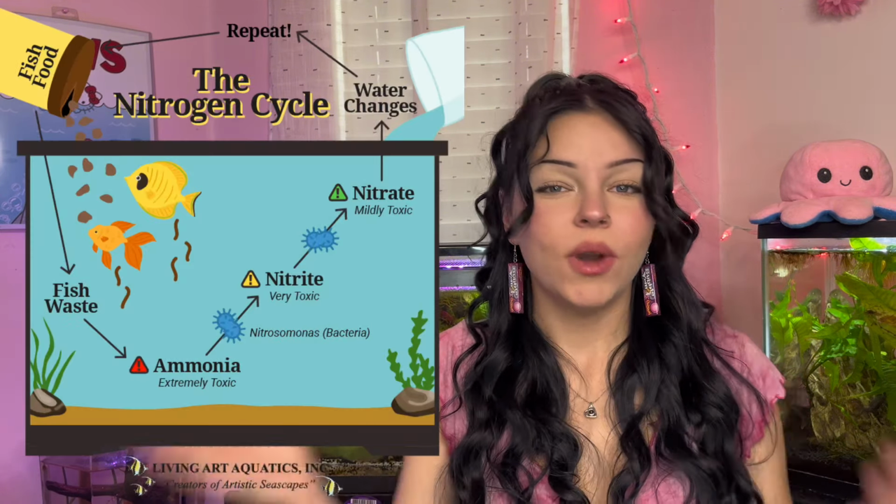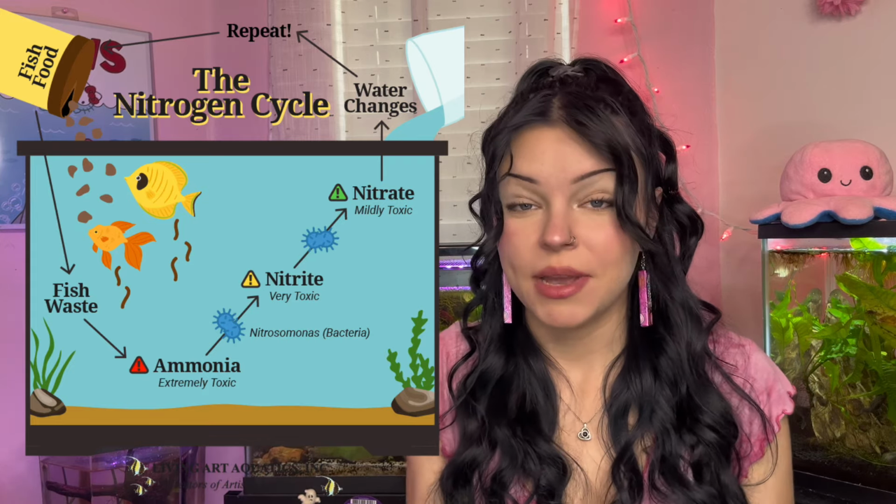So now that you know what the nitrogen cycle is, you can make it happen in your tank. You'll need a source of ammonia to start the cycle, since ammonia is the first step in the cycle. And you can use bottled ammonia like Dr. Tim's, or you could just use fish food, which most people already have on hand when they're setting up a